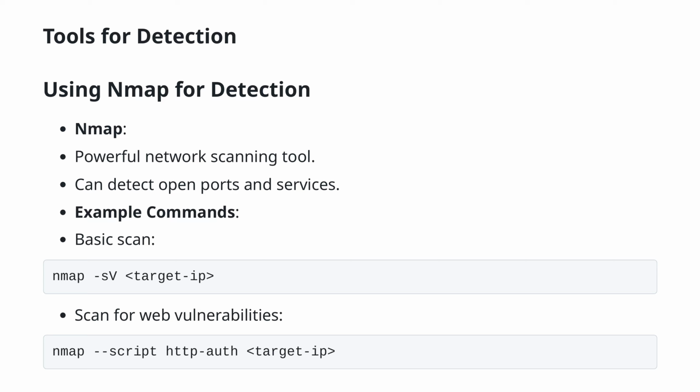On this slide, we will be focusing on tools for detection, specifically using Nmap. Nmap stands out as a powerful network scanning tool that not only detects open ports, but also identifies running services. Here are a couple of example commands you can use. 1. For a basic scan to identify the services running on the target: nmap -sV <target IP>. 2. If you're looking to scan for web vulnerabilities, Nmap can also be utilized with specific scripts: nmap --script http-auth <target IP>. These commands help in quickly identifying potential vulnerabilities by highlighting important service information and probing for specific security weaknesses, like